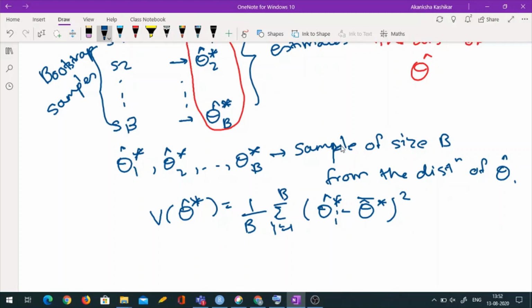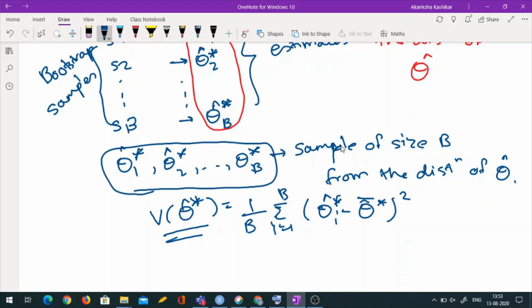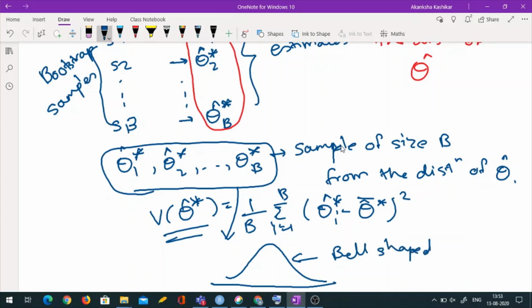Okay, fine, I got the variance, but just knowing the variance I can't compute a confidence interval. I need to know something about the distribution of these, because then only I can say something about the actual variance. If I plot a histogram of these, or if I plot a density, something like a kernel density, and if it looks bell shaped, then I can probably safely say it's more or less normal. In fact, we can check fitting a normal distribution to this, and then we can get a confidence interval using that normal approximation.